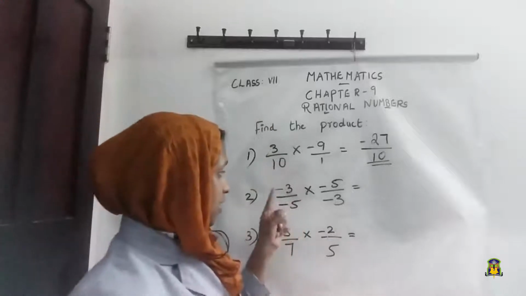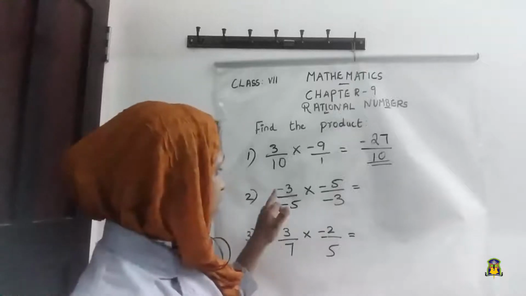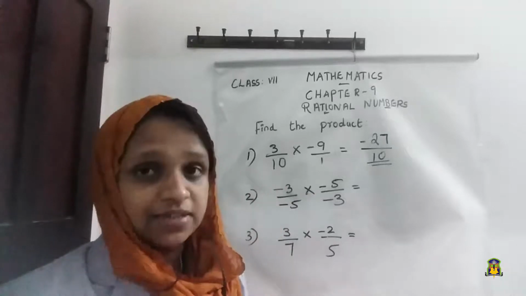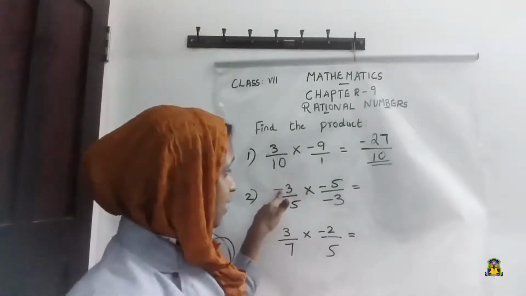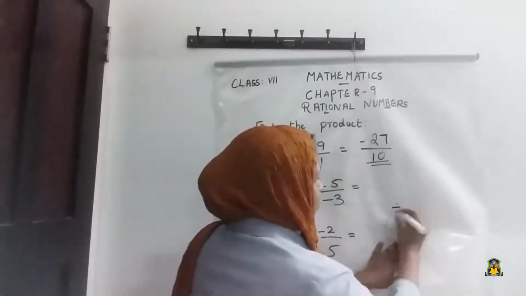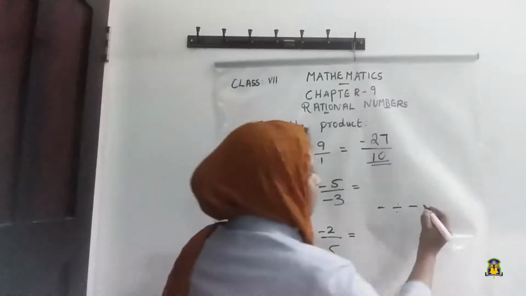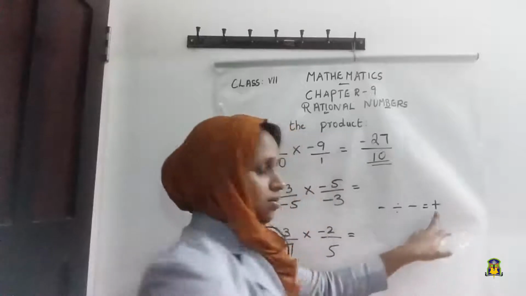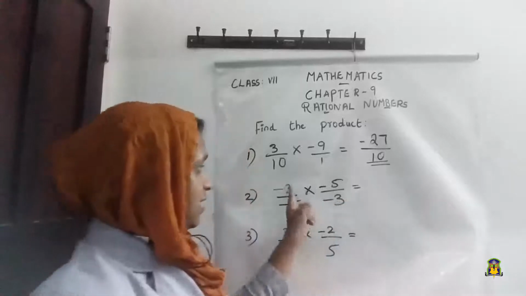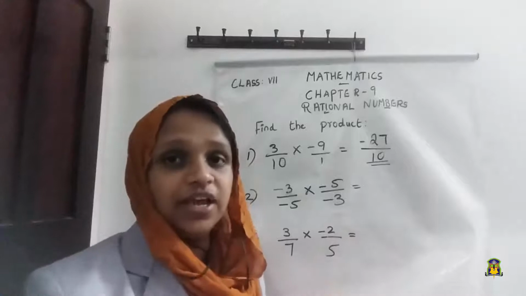Okay, next negative 3 by negative 5 and negative 5 by negative 3. Now you look here, before directly multiplying, you check whether it is possible to cancel. Yes, here it is negative 3, here also negative 3, isn't it? We also learned that a negative integer divided by a negative integer, we will get what? Positive integer. Okay, we know that. Now see this. We can cancel this 3 and this 3 and also the negative sign and the negative sign. We can cancel both.